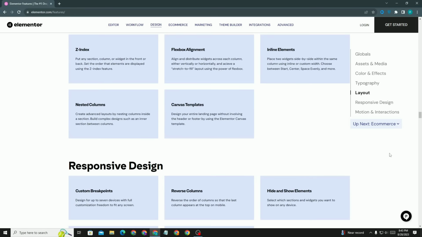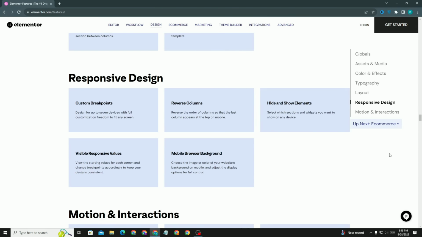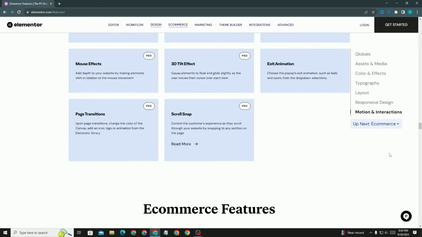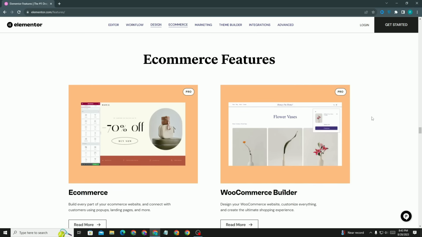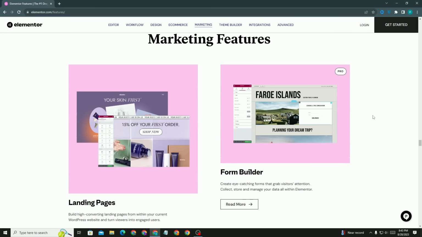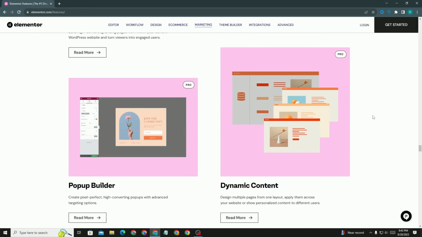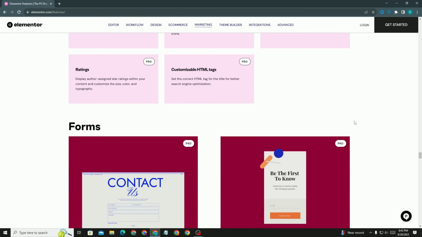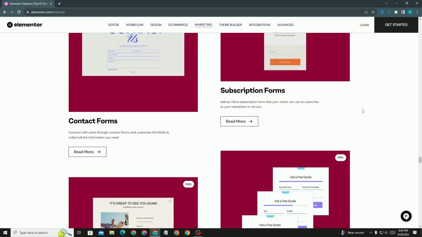In coding, you have to invest a lot of money, but Elementor for WordPress is like a gift for you. It's a beautiful gift that WordPress Elementor provides, because you don't have to hire a professional developer and invest thousands of dollars.